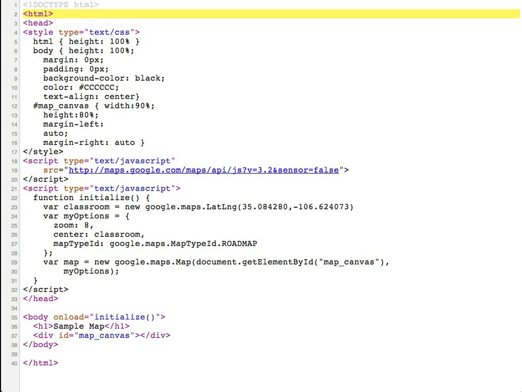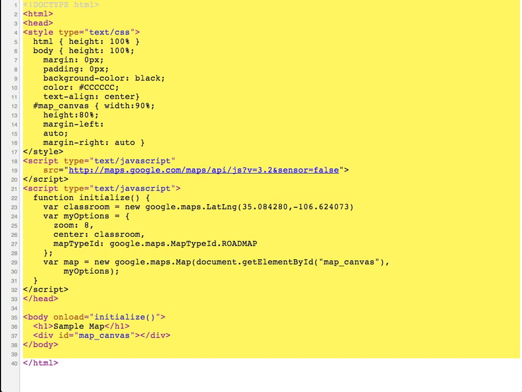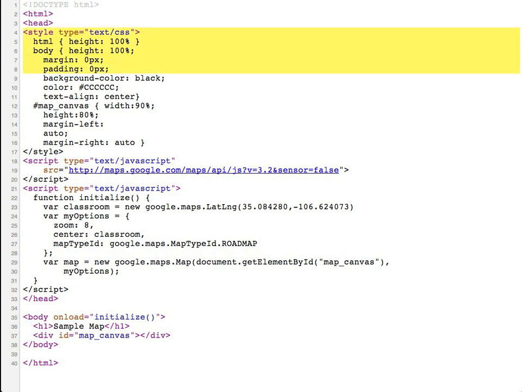So as we discussed last week, we start with the HTML element that essentially wraps the entire page and all of the content of the page. We then have the head element, which is this block of HTML right here, that contains a number of key components for this page. First, we define a style for the page